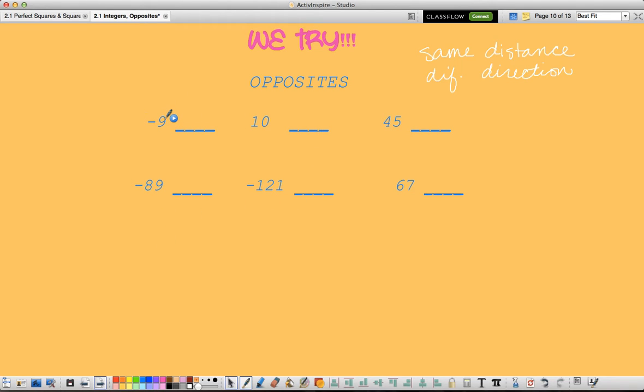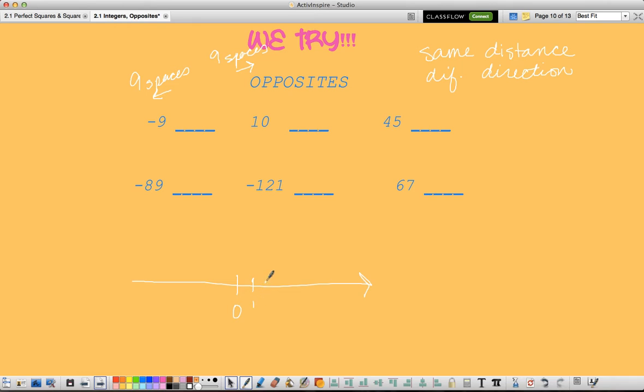So -9 we know is 9 spaces from 0 to the left. So 9 spaces and left. So the opposite would have to be 9 spaces to the right. So if you look at a number line,